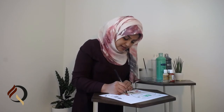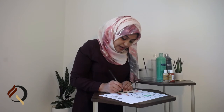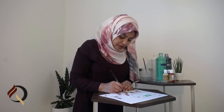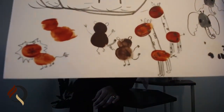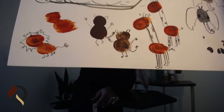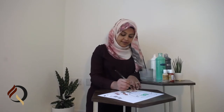monkey's head and a squiggly tail that's going to help him hop from tree to tree when he lands, when the ark docks, and his jumpy legs and his arms. Okay, and for the very last animal, my big roaring lion, we need his hair, his mane